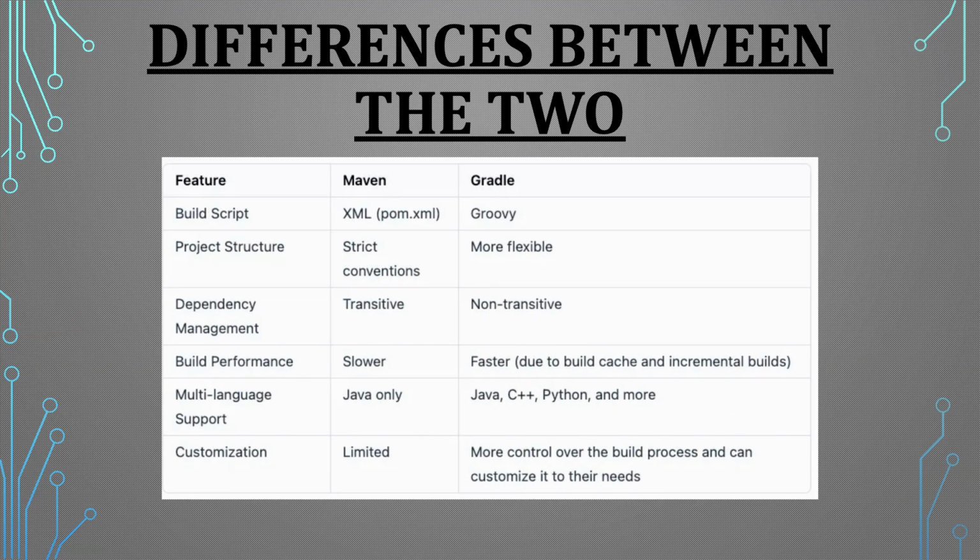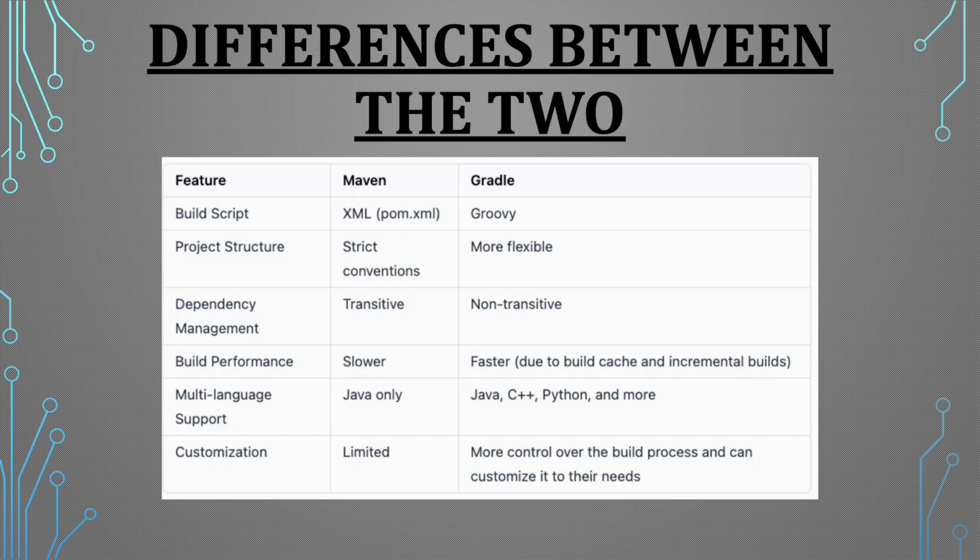Here's a simple chart on how Maven and Gradle differ from each other. First, let's talk about configuration. Gradle uses Groovy, which provides more flexibility and customization, while Maven uses XML, which follows strict conventions. This makes Gradle more adaptable and allows developers to tailor the build process to their needs, whereas Maven is a little bit more rigid. When it comes to performance, Gradle is optimized for faster builds, especially with larger projects, thanks